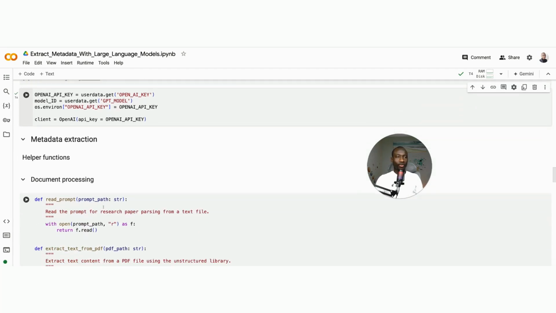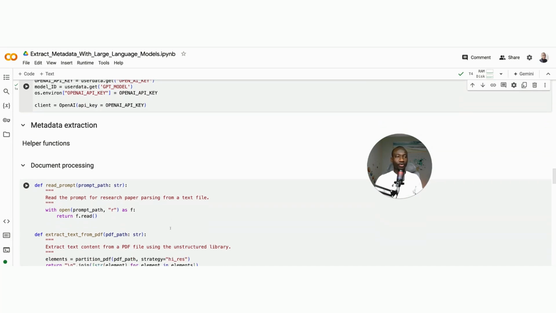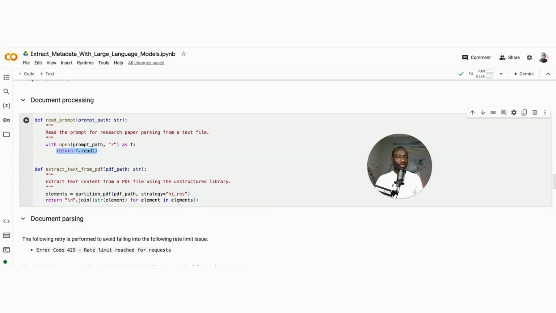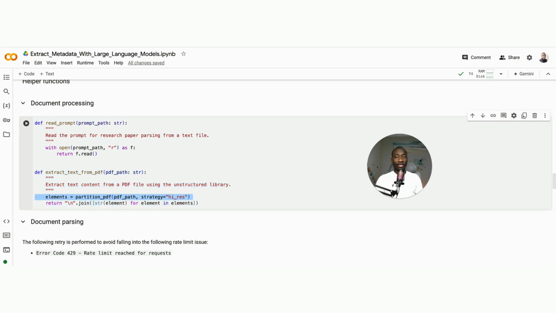Now we can start with the metadata extraction, but the first component is data processing. The first function is the one that is going to read the prompts for PDF files. So we open the prompt in read mode and we return the content of the prompt. Now we have extract text from PDF. That function is using the unstructured partition PDF function to get all the content of a given PDF and concatenate each content with a line break, and all the content is returned as a single